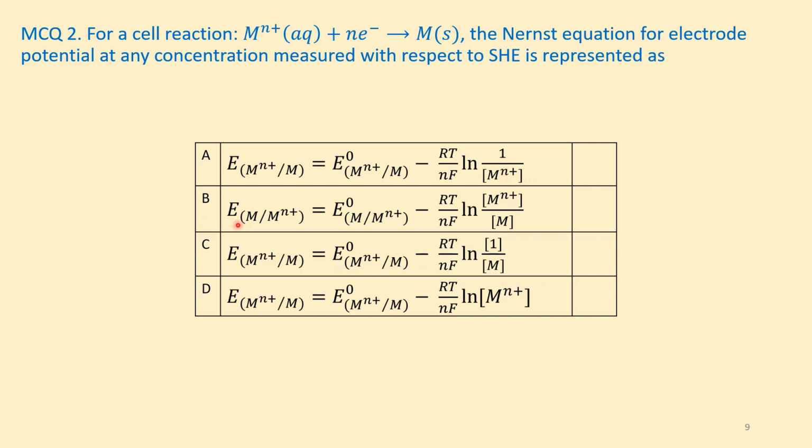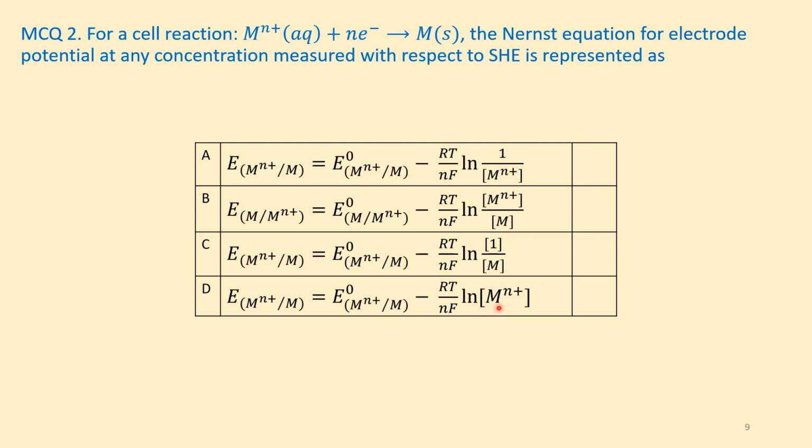Option B, E of M to Mn+ equals E naught M to Mn+ minus RT over nF into log of Mn+ divided by M. Option C, E of Mn+ to M equals E naught of Mn+ to M minus RT over nF log to base e of 1 over M. Option D, E of Mn+ to M equals E naught Mn+ to M minus RT over nF into